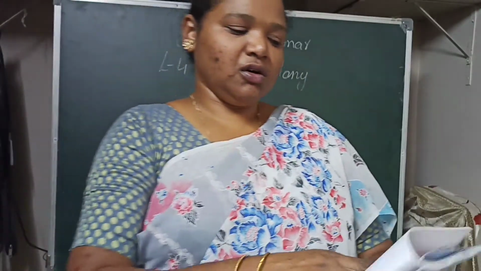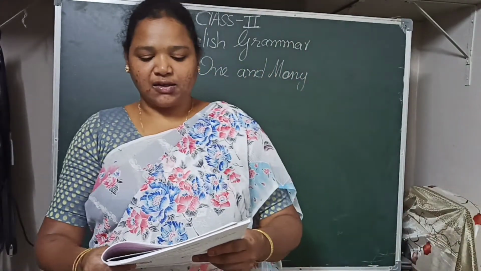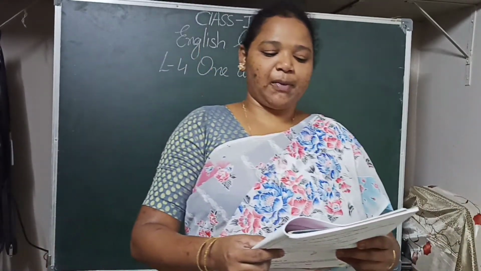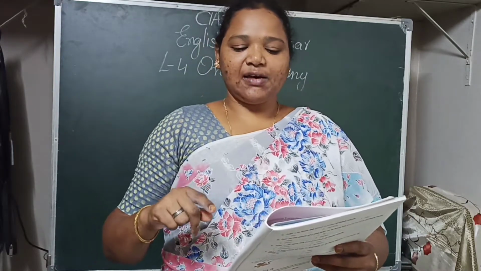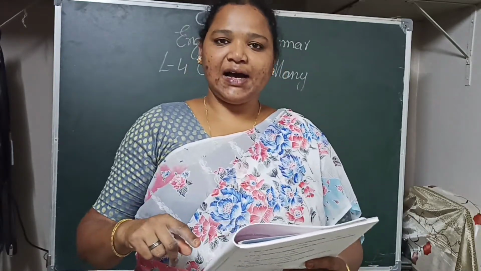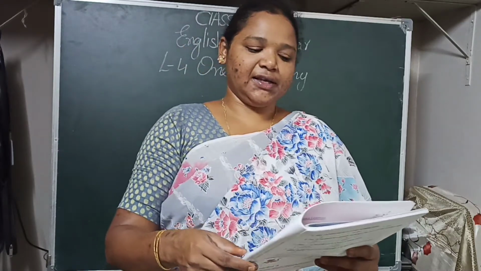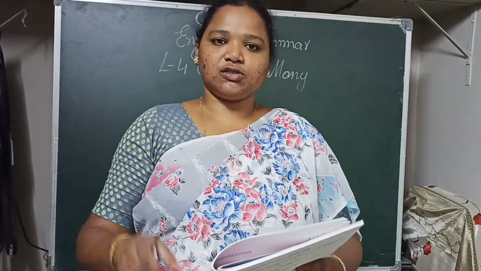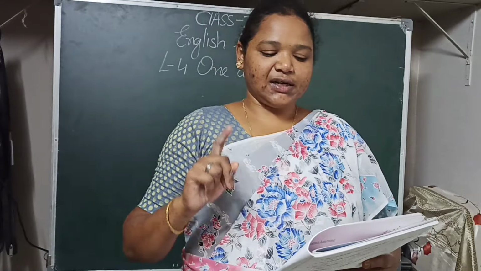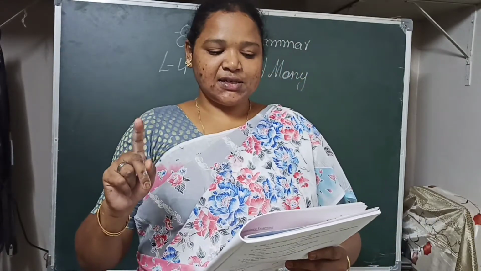Okay. So this is my bag. I have books in my bag. So books is a plural form. Circle it. Okay. I have a lunch box. There are sweets in it. So sweets is a plural form again. In my bag there are crayons and pencils. So circle crayons and pencils. Got it, children? We have to circle books, sweets, crayons and pencils.